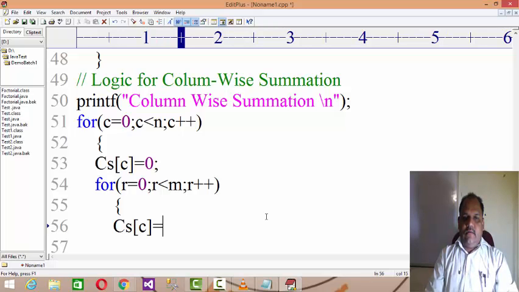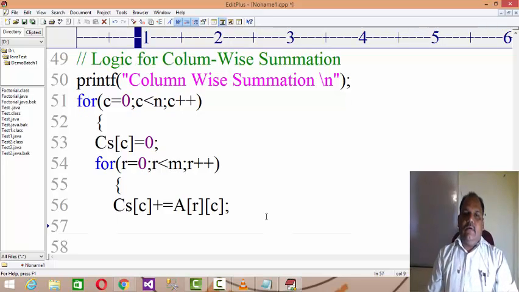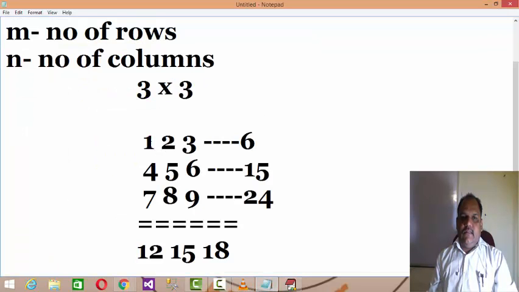CS of c plus equals to a of r of c, meaning the coordinates were incrementing, like here in this case it is firstly 0 0, then 1 0, then 2 0.